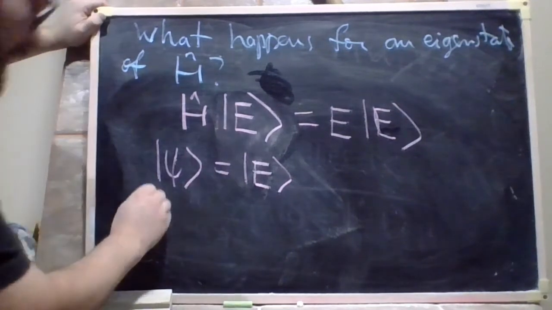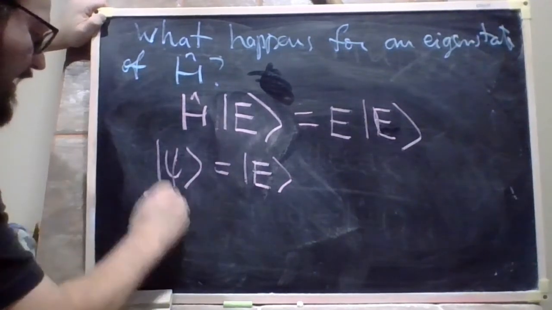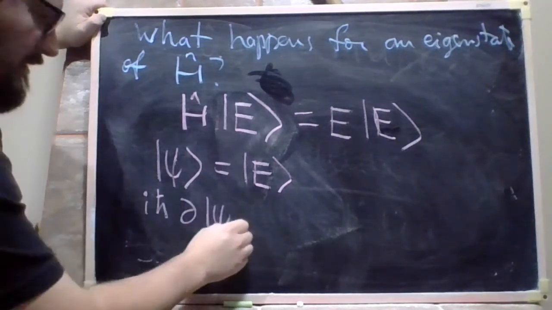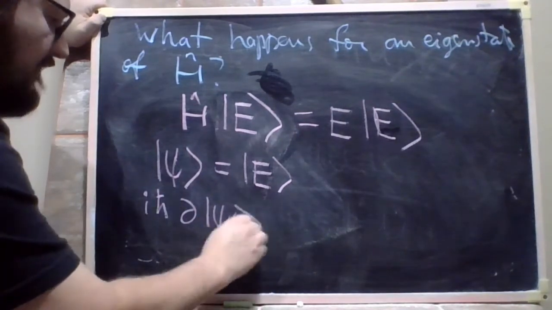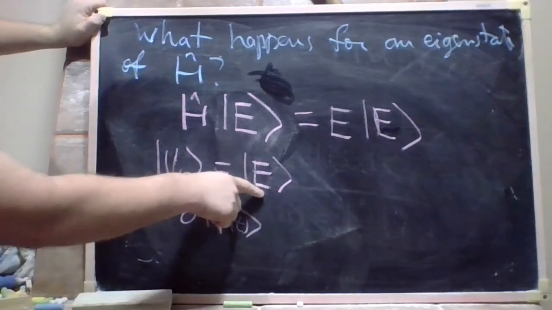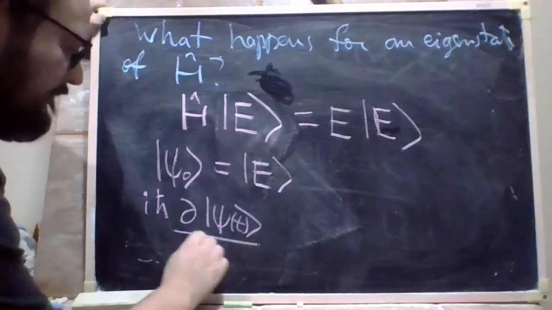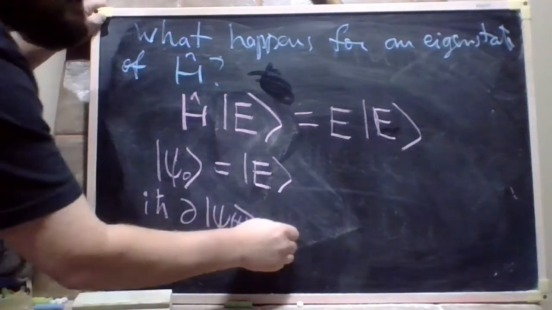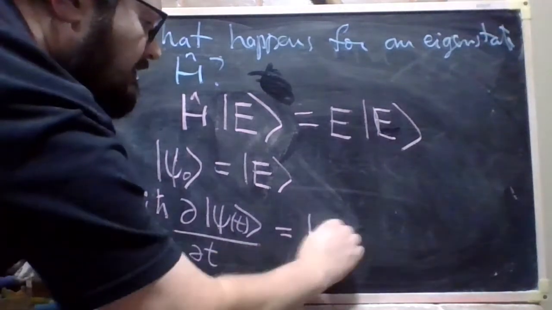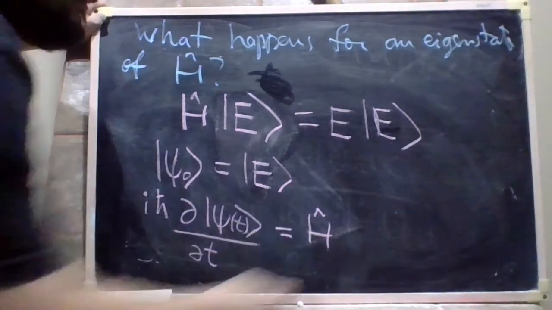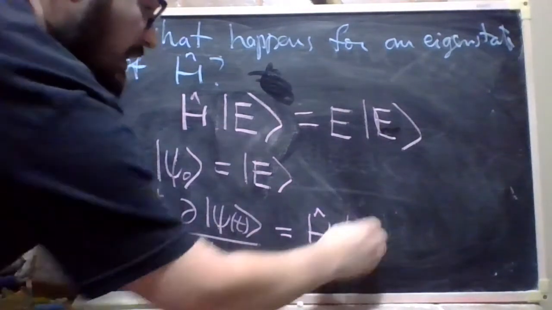Well, i h bar times the time derivative of psi of t, with psi of 0 being that eigenstate, is equal to the Hamiltonian applied to psi of t,